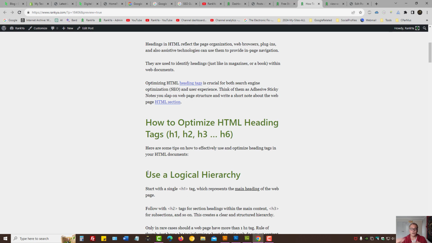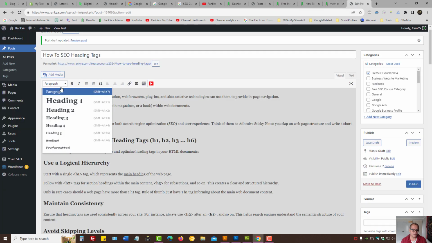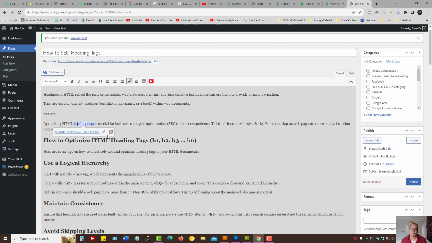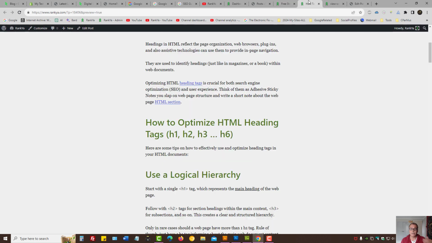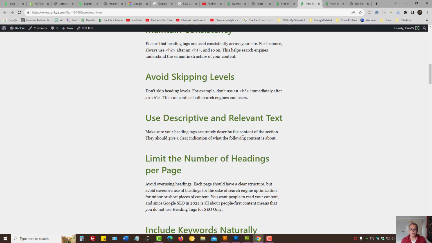Then, use logical hierarchy. What that means is, you don't want to have, let's say, heading 6 before heading 1 and so on. Okay, it has to be meaningful semantically. Then you need to be consistent. Also,